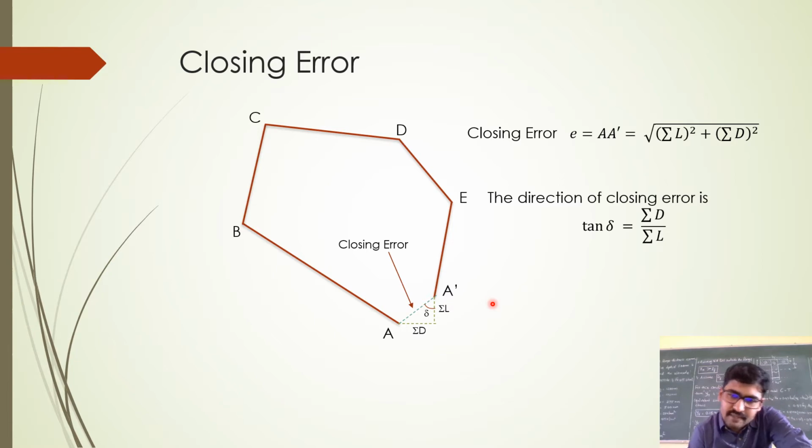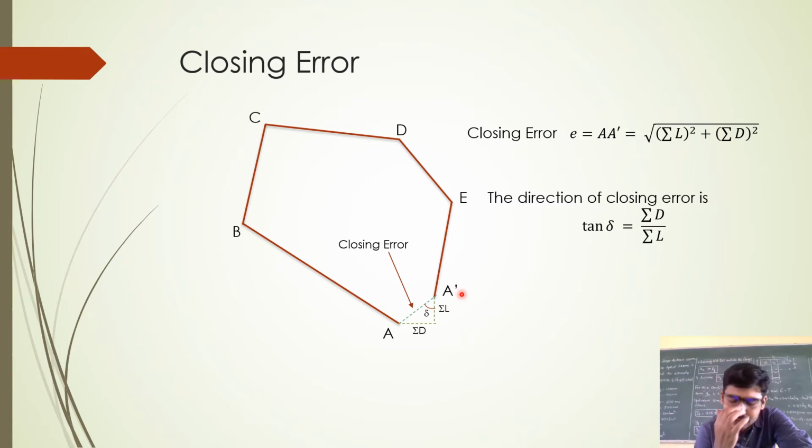It has got length, and it has even got direction, remember, because it is not along a certain line. It has direction as well as magnitude. So what is the magnitude of the closing error? You can see in the formula, E is the closing error, which is nothing but A dash, and it is equal to square root of summation L square plus summation D square. Let me tell you what these summation L square plus summation D square are in the next problem when you will be solving. So remember that the vertical projection of the closing error is nothing but summation L.